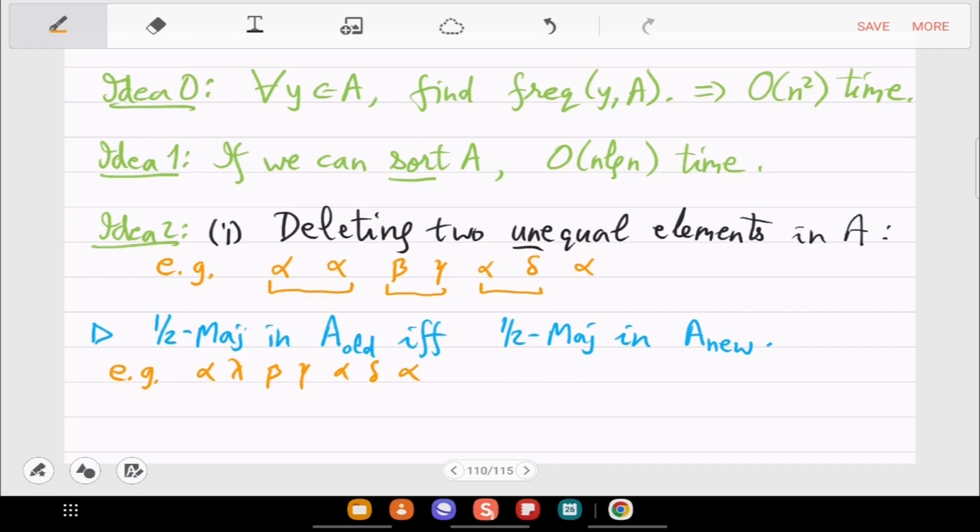That's a good point here. Obviously, in the end, if you have just one element, that is half majority. So what should we do here? But that is very specific. If I add one more element at the end, say psi, then no half majority exists. So we should probably be looking at pairs only, not a single element in the end. Okay, so let us just add another alpha here. Let us talk about pairs only.